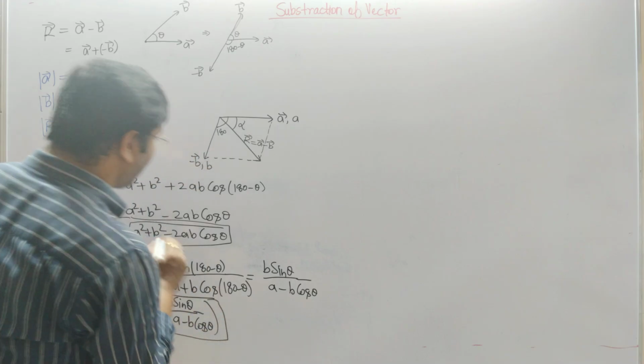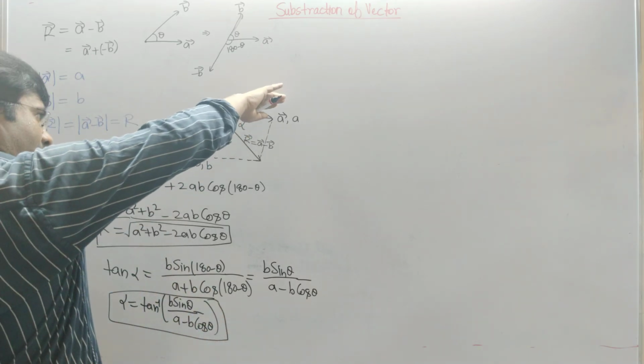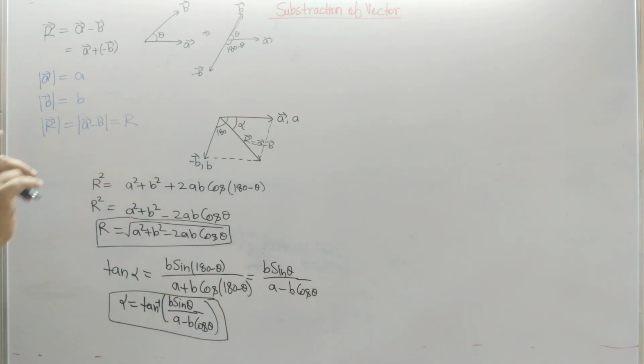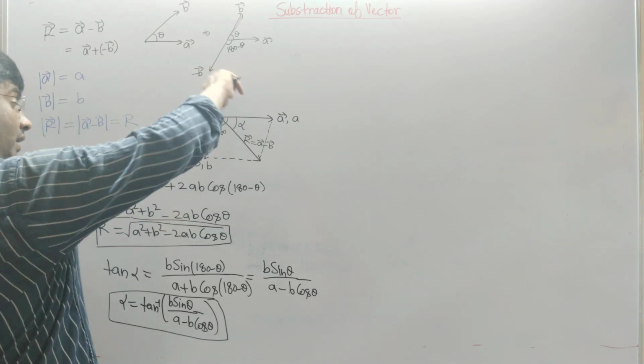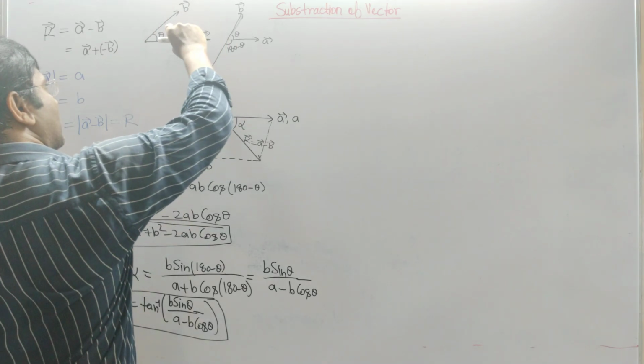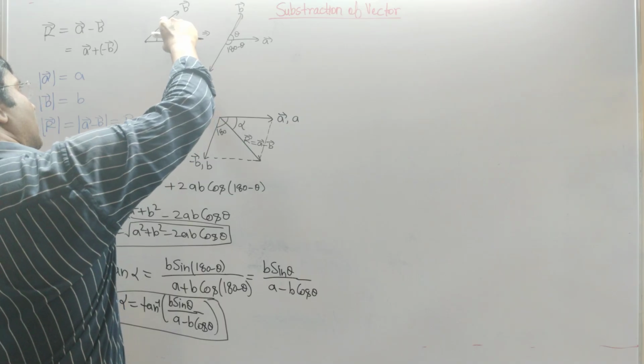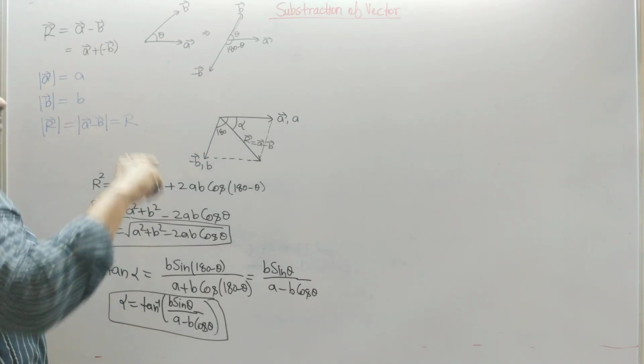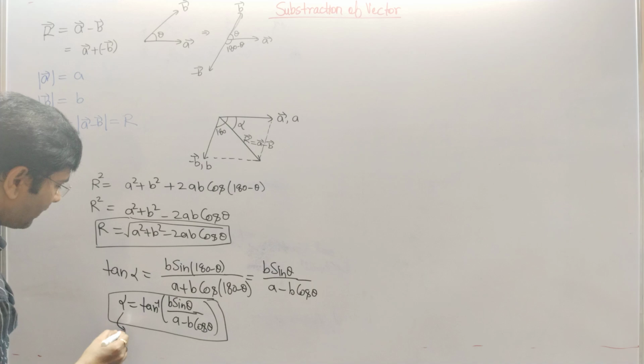This direction alpha is of course from vector A towards minus vector B, not towards vector A. Earlier, the resultant I was getting here, this is the direction of R. So alpha was from A towards vector B. Here this alpha will be